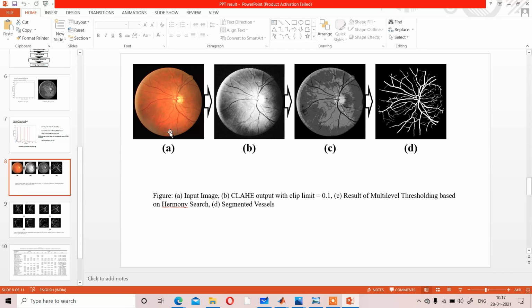Okay, the image A. In that image, your aim is to get D. So obviously, to get D, which defines only the vessel structure of the first image, what do you have to do? You have to do something so that the vessel structures are more prominent, while the other parts are reduced. So simply, you will first use the high pass filter, so that all the vessel structures are enhanced and the other parts are reduced. After that, other operations will happen.